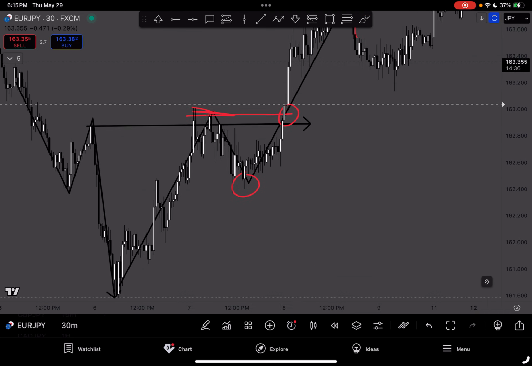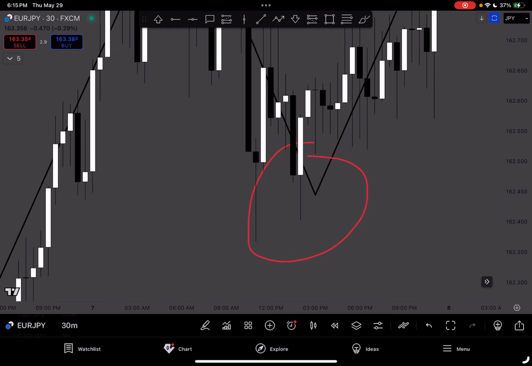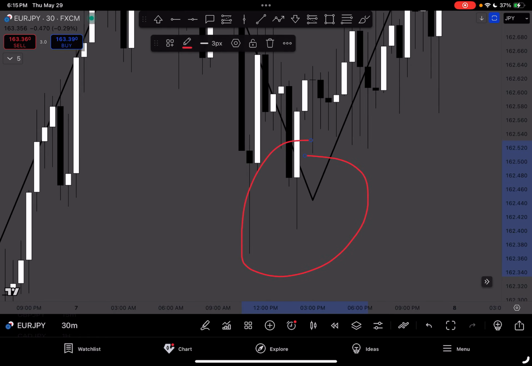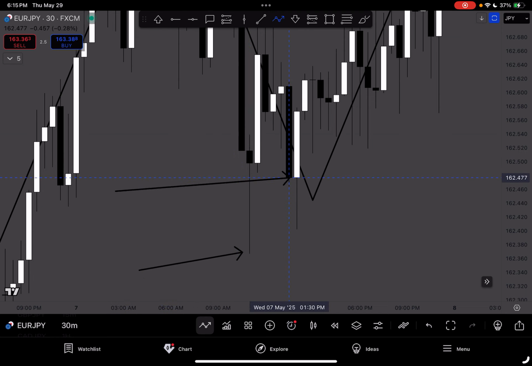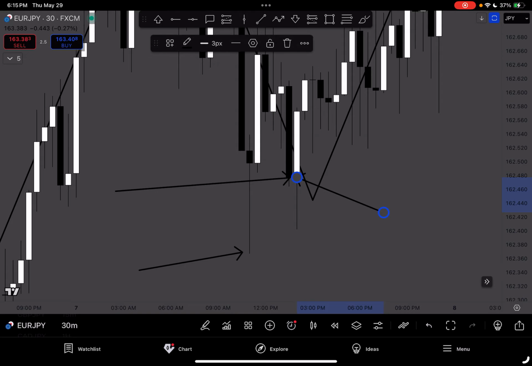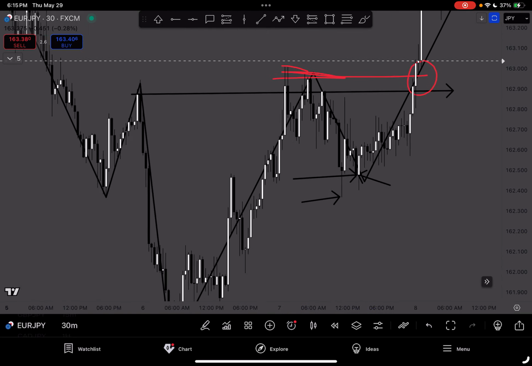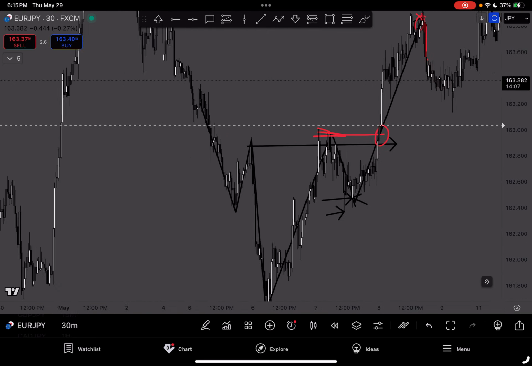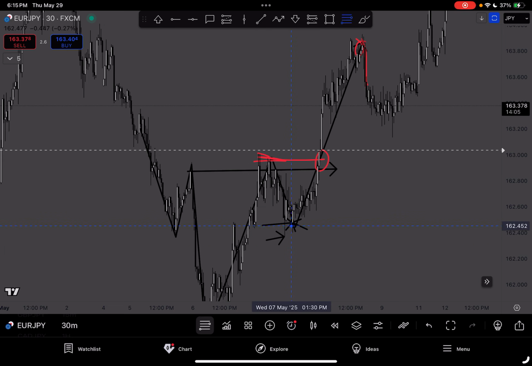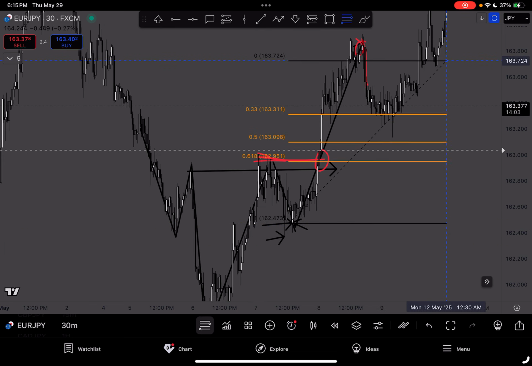Now again, guys, let's zoom in. This is my low, right? Notice we have a wick and we also have a candle body low. The lowest point where we have a candle body. You want to start your fib from the candle body, not the wick, because the wick can be crazy. Sometimes you have a news wick, sometimes you have crazy wicks. You don't want to get trapped in it, right? So I'm taking my Fibonacci tool from my low to my high,